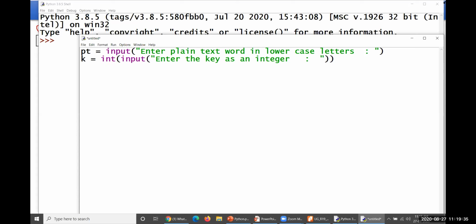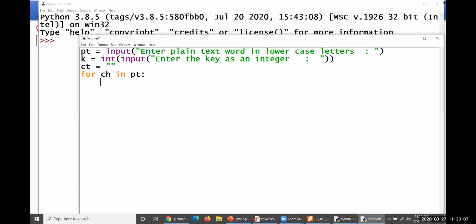Now, to transmit the specific thing, ciphertext CT will be equal to initially a null character, because we did not perform any kind of operation at this moment. Ciphertext will be equal to a null string. Okay, so we'd like to perform the same for ch in whatever plain text you have taken. Each and every character of the plain text must be ciphered, otherwise translated towards the ciphertext, by taking the key value,